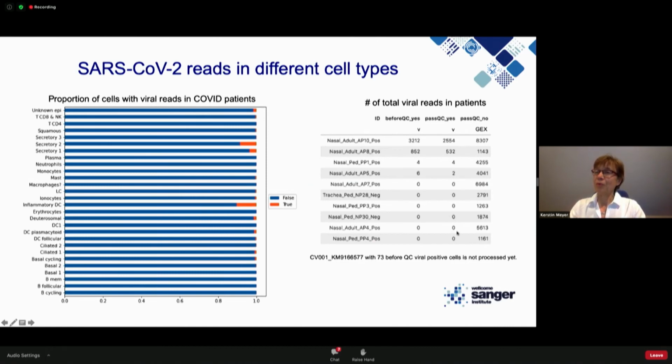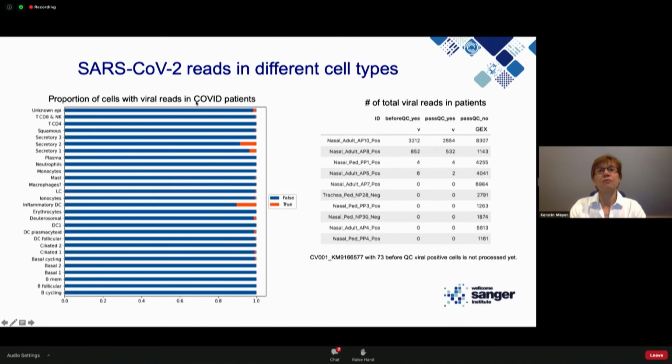Again, as other people have reported, for many COVID-positive patients, we actually didn't see any reads at all. So this is the total viral reads in patients. There were 2 that had incredibly low levels, but then there were also 2 that really had quite high levels. And we then used the reads that we saw here and plotted the proportion of cells with viral reads in